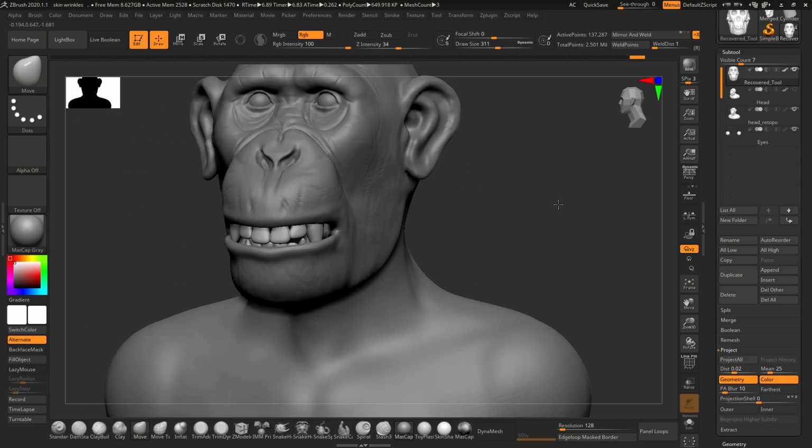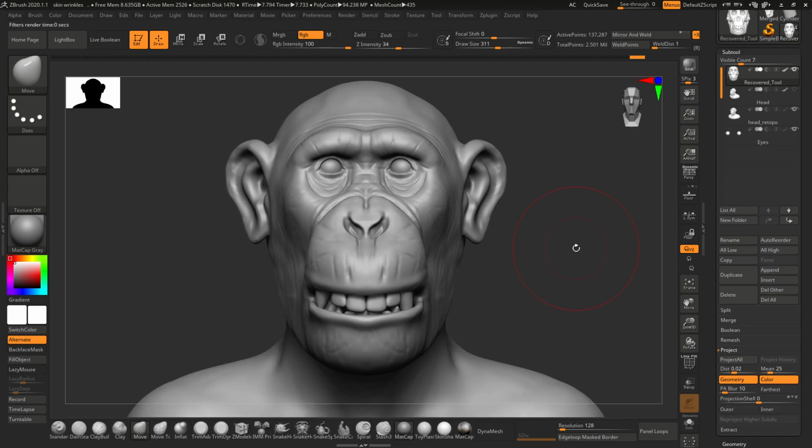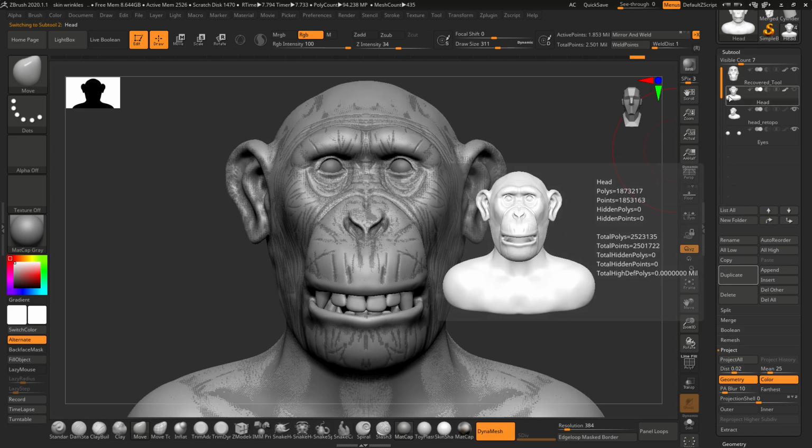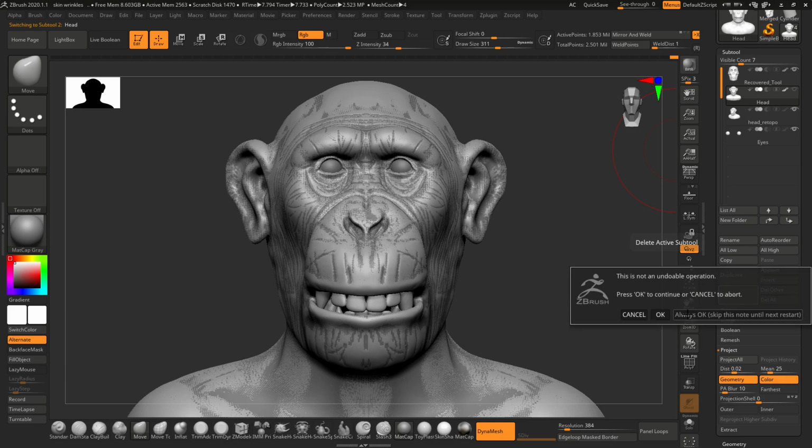So as you can see, this is visible and looks better when I render it. That's why I decided to keep the mouth a little open so that you can see the teeth also. This will give a more natural look. I will just remove the old subtool that had no subdivision level,